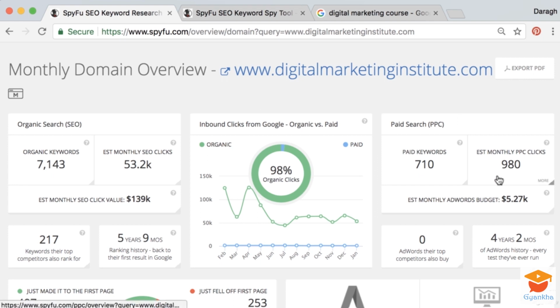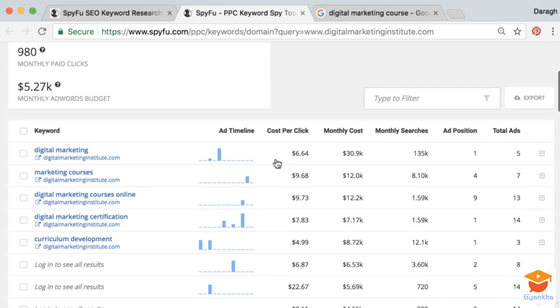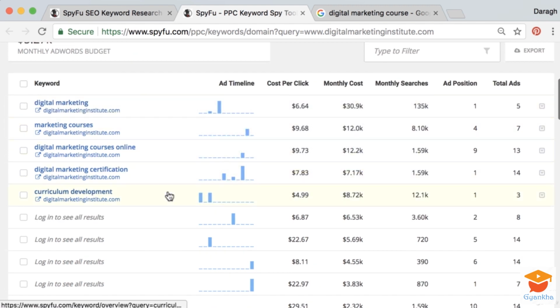Now over on the right hand side, we have information about their paid search. So these are the keywords that they're actually paying to be at the top of the search results for. And the really interesting thing to note straight away is that they're only paying for 700 keywords. So you can look across and see, wow, that's almost exactly 10%. And so these must be the most valuable keywords. If they are paying for these, they must be the most profitable for them to appear at the top of the search results for. And if we open this up again, we can see a preview of what those keywords are,